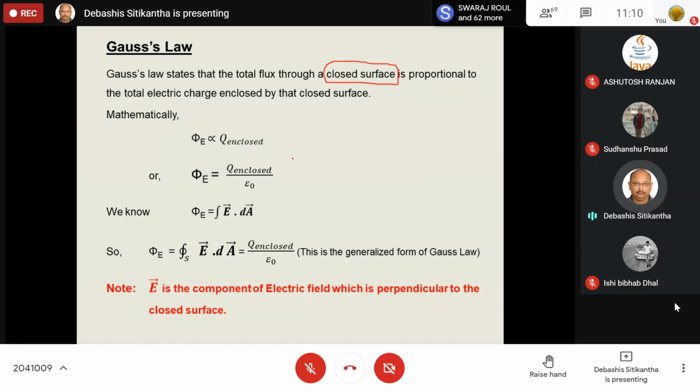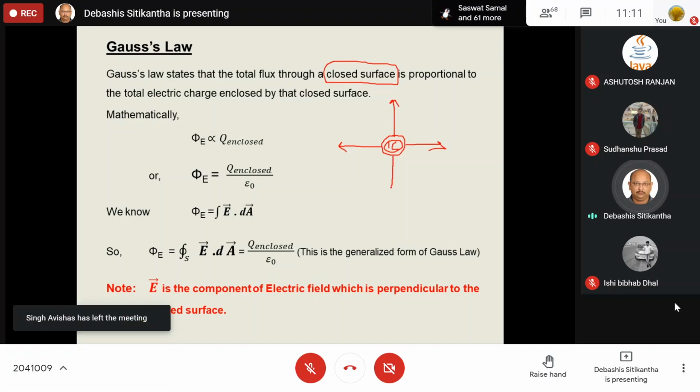To explain it, I have given one simple hypothetical example. Suppose there is a closed surface like this. Let us say there is a sphere, and inside this sphere I have 1 coulomb of positive charge. Let us say the flux through this closed surface is 4 electric field lines coming out in this manner. Obviously, this is a hypothetical case, but in order to understand it, let us consider this one.